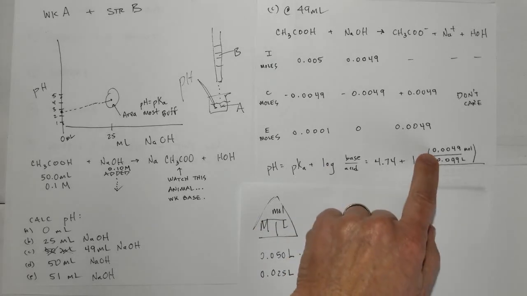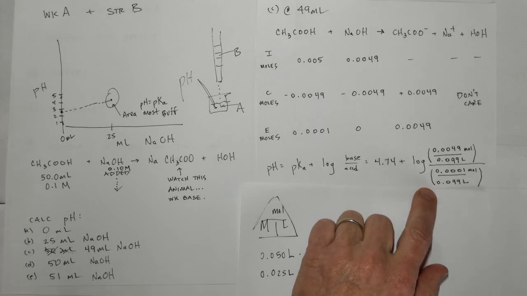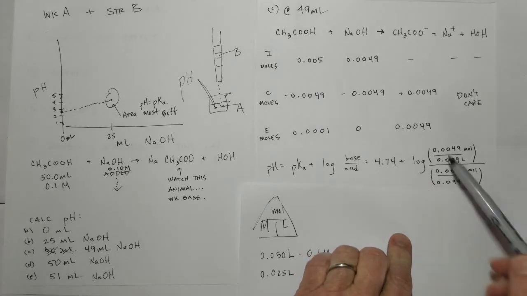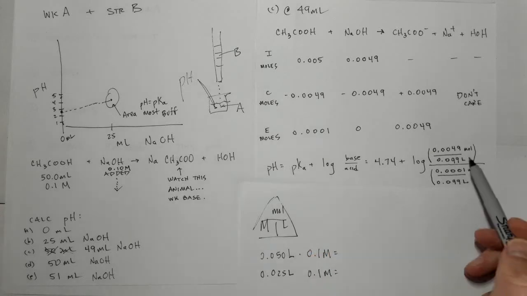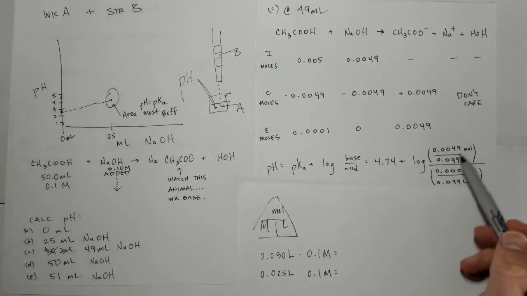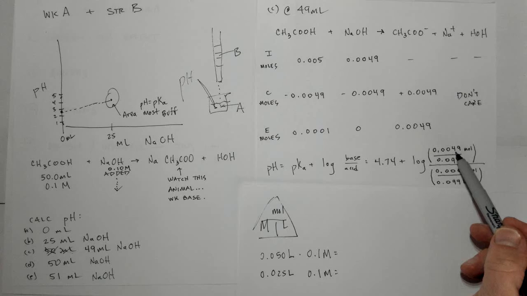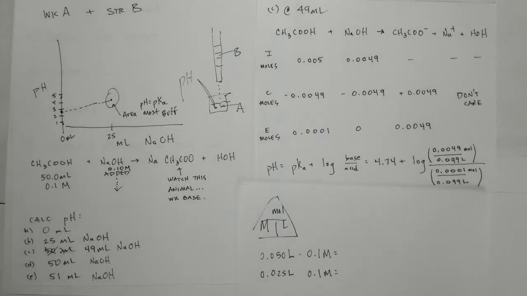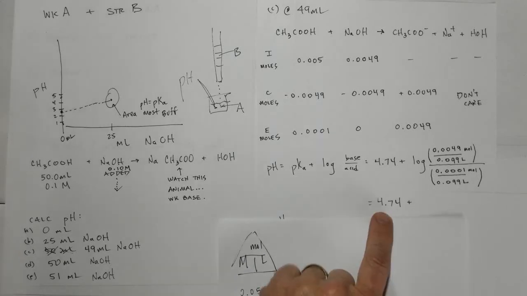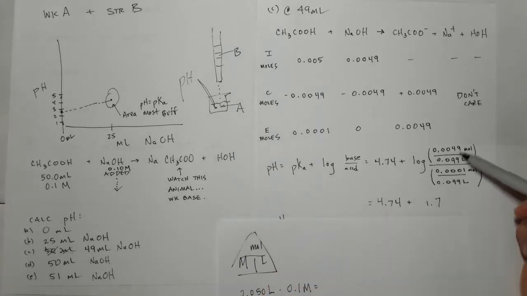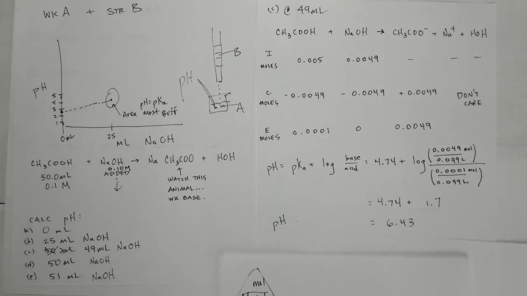So now 0.0049 divided by my liters, divided by my acid, 0.0001 divided by my liters. Once again, you can see that the liters actually cancel out, so I wouldn't even have to put those in. I could just do the 0.0049 divided by the 0.0001. I'll do the math for you here. It turns out that 4.74 plus the log of this whole thing right here ends up being 1.7, and therefore my pH is about